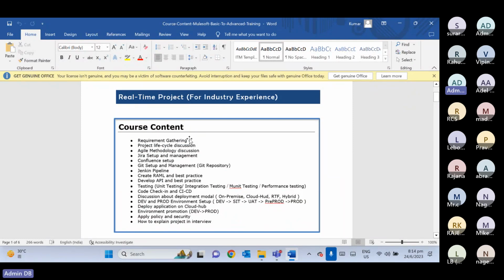So here we'll start from requirement gathering. We will discuss the project lifecycle. The API development lifecycle and the project development lifecycle are different things. This is about the project lifecycle discussion. To achieve any project development lifecycle, we have different models or methodologies. Waterfall models are there, and Agile methodology is there. We have multiple methodologies, but we will be more focused on Agile methodology,